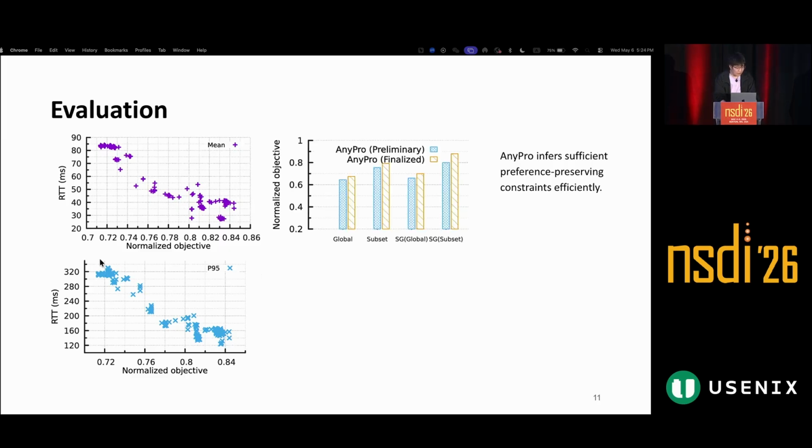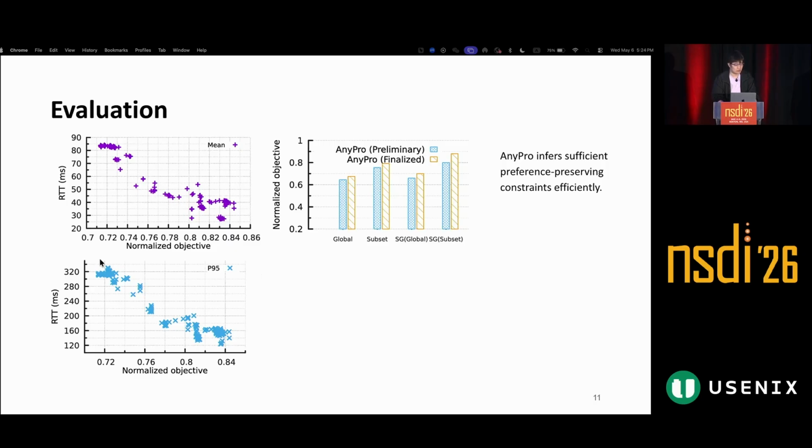And for the normalized objective, not only for global, but we are also trying to align with the original IP Anycast settings, which only optimize for a subset.